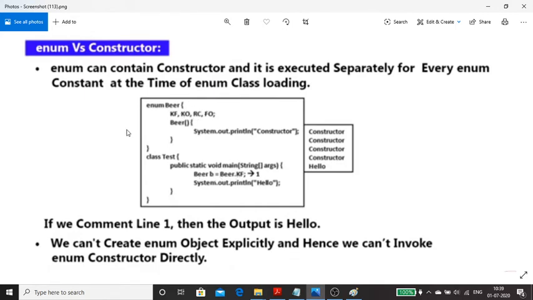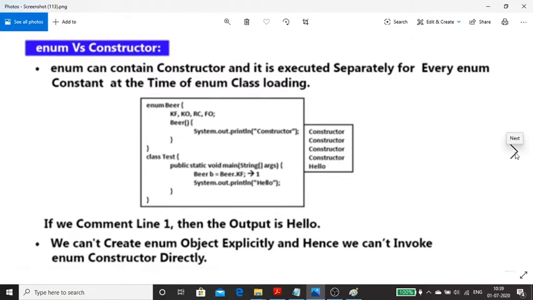Okay, then only this will get loaded. Once it gets loaded, the objects get activated. Once the objects get activated, this will call the constructor, and you'll get this message 4 times. Why? Because we have 4 objects. And why the loop? Because of this line. And at the end of main, your program terminates. Okay, this is how your constructor will execute.